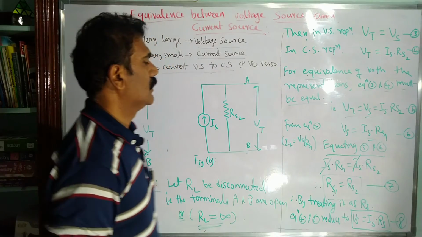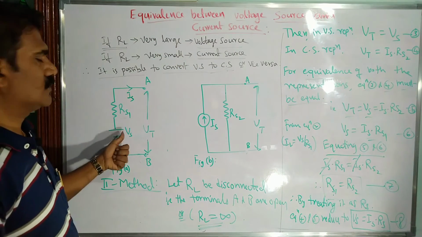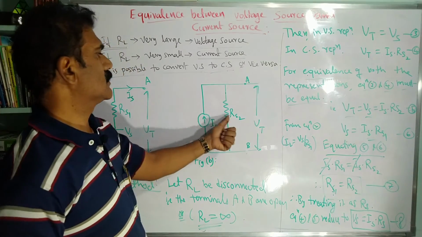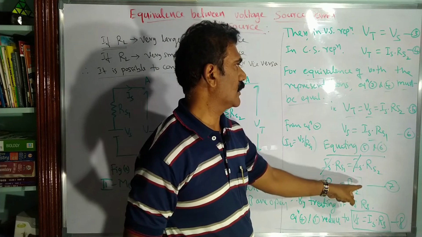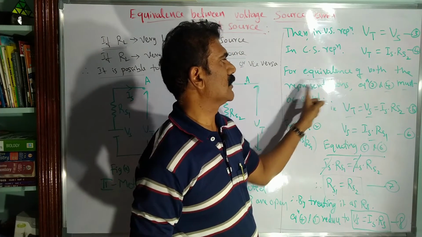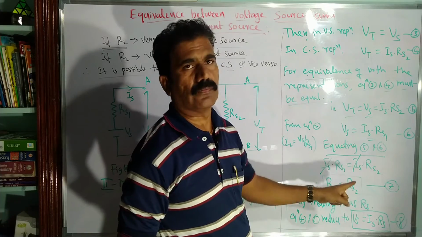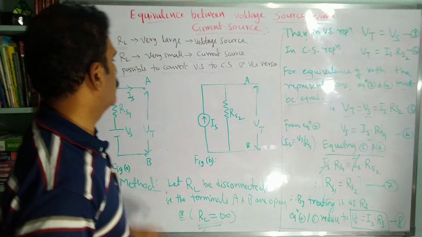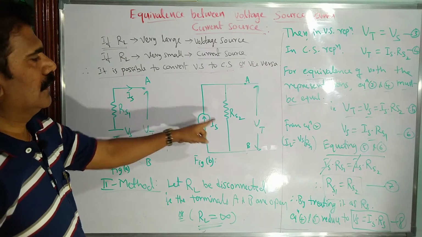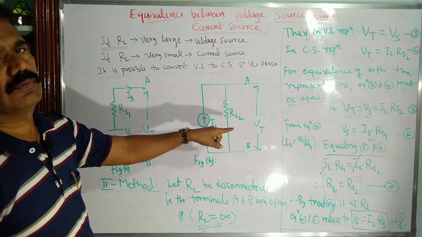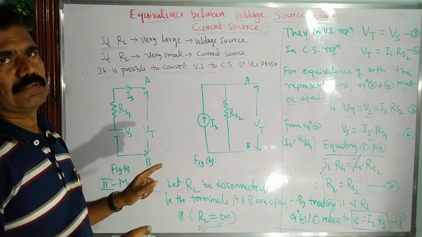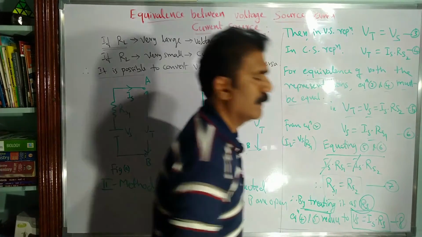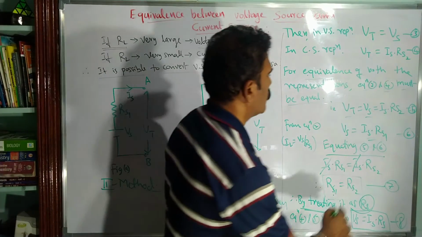Okay, that means the resistor, either it is in series with the source Rs1 or in parallel with the current source Rs2, both the resistors are made equal. So these two are equal for the equivalence representation between voltage source and current source. That is the condition we have to get here. So when both Rs1 and Rs2 are equal, no need to consider it as Rs1 or Rs2. You can just consider it as the source resistance, Rs itself. By treating that resistance as just Rs, then equation 4 and 5